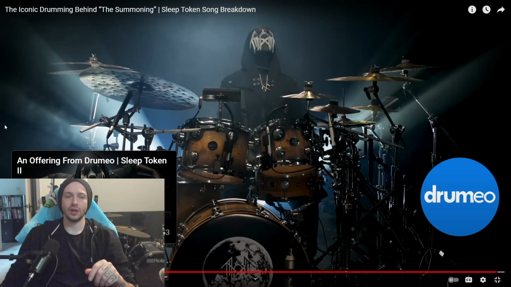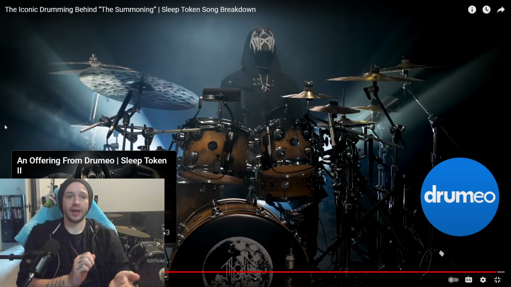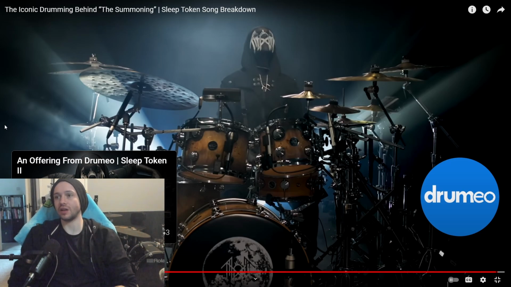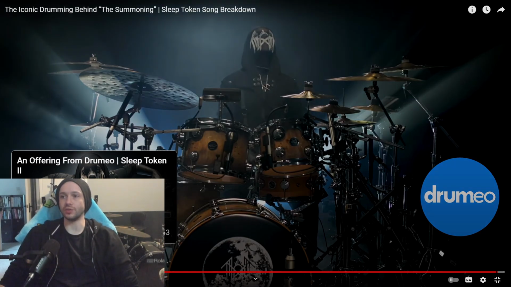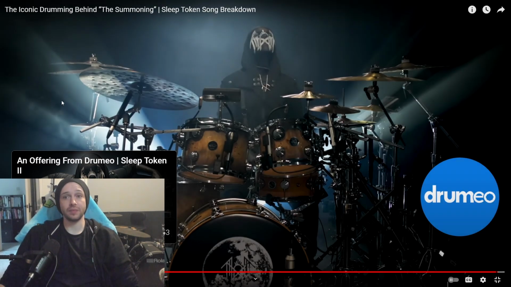The use of a lot of different rudiments, triplets, six stroke rolls, using your ghost notes, flams, accenting things with stops and pauses. It is just an unreal performance, and it is so good. And honestly, this is something I'm going to look a lot more into. I might take a look at the actual transcription of this and see if I can learn to play some of it, because it's been really interesting to see him play through.